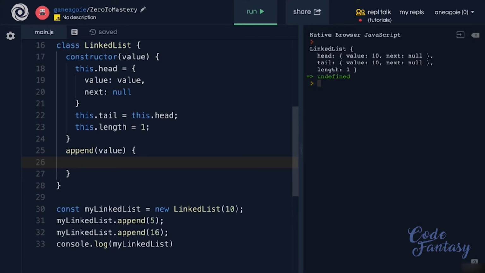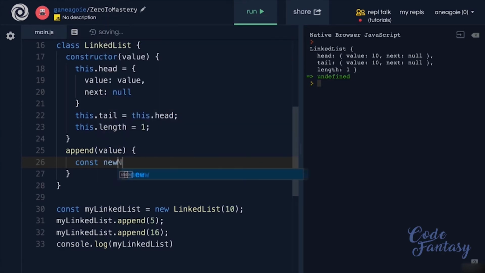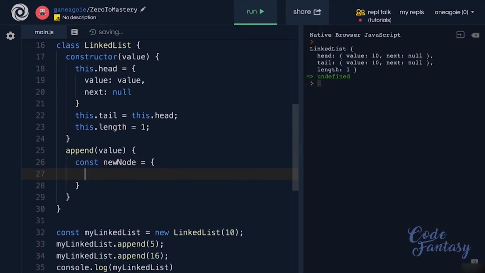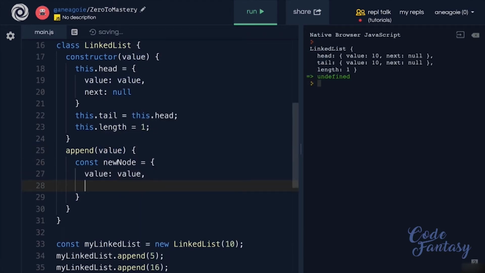The first thing we would want to do is to create a new node with the value. And we can do that quite easily, saying const newNode. That's going to equal an object with the properties that we should be familiar with by now. We have value, which is going to equal the value that we get as a parameter. And then next, that will be null. So we have our new node here, and we want to attach it now after the 10 node, which is